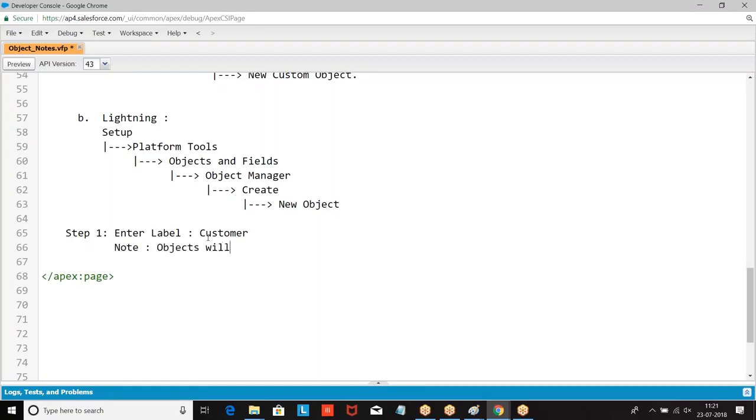Objects will be displayed in the UI with this label. Step number 2: enter the object name. What is the name? The name of the object.